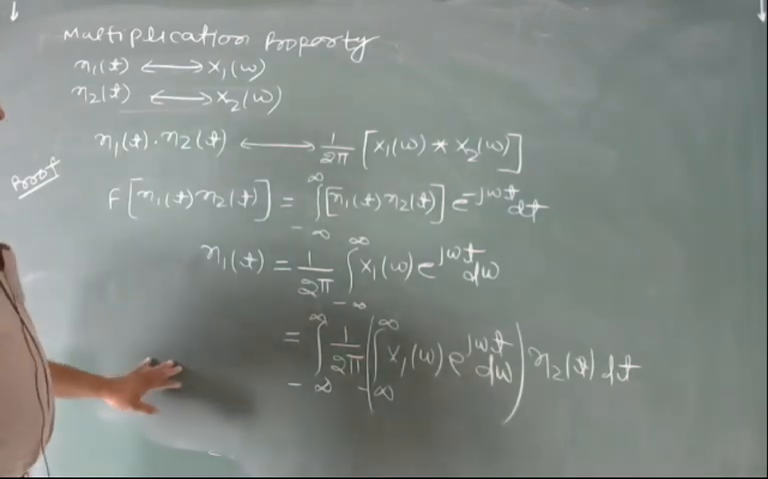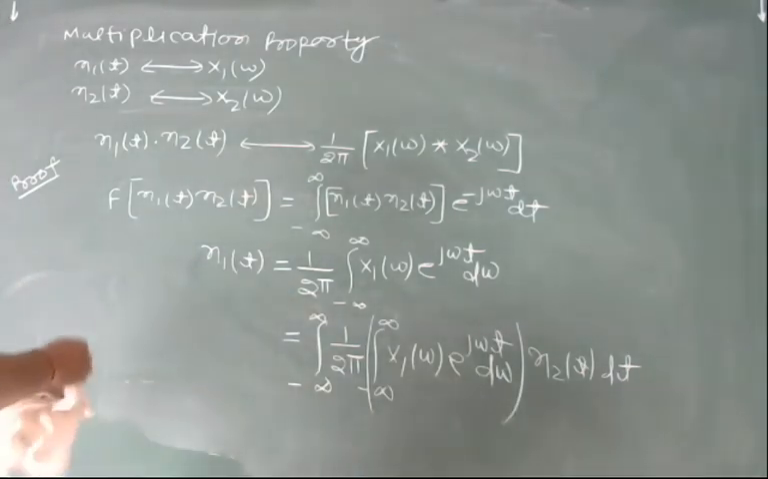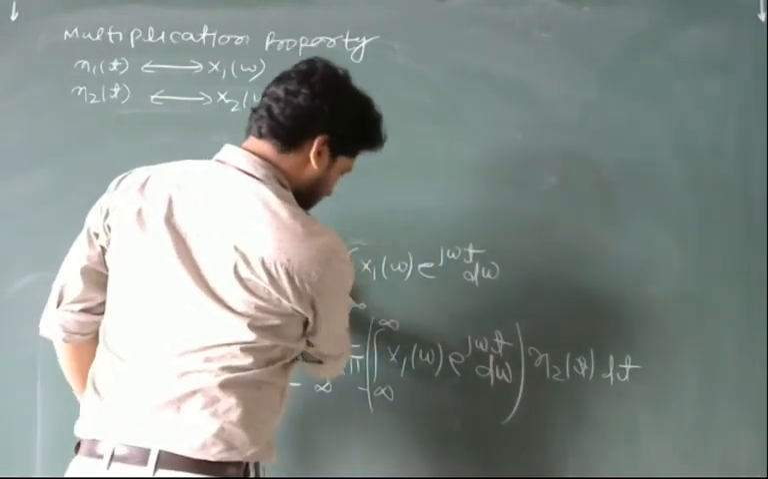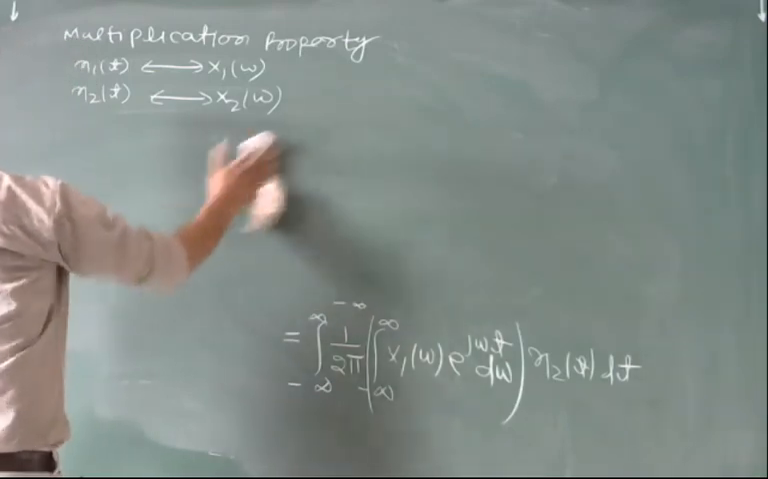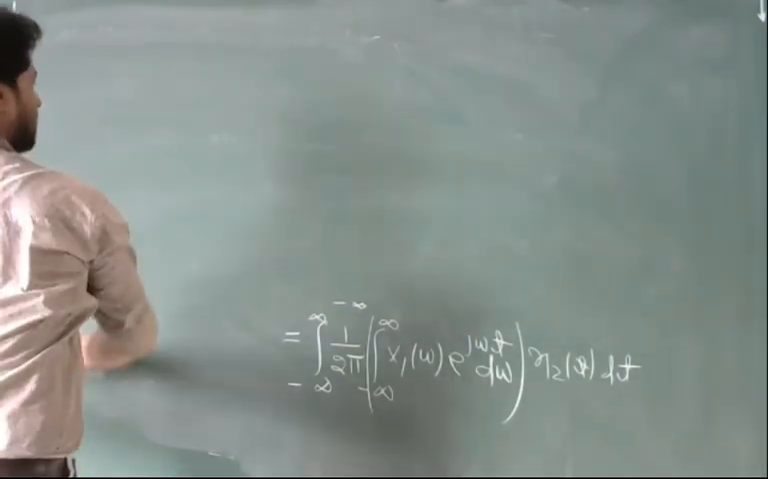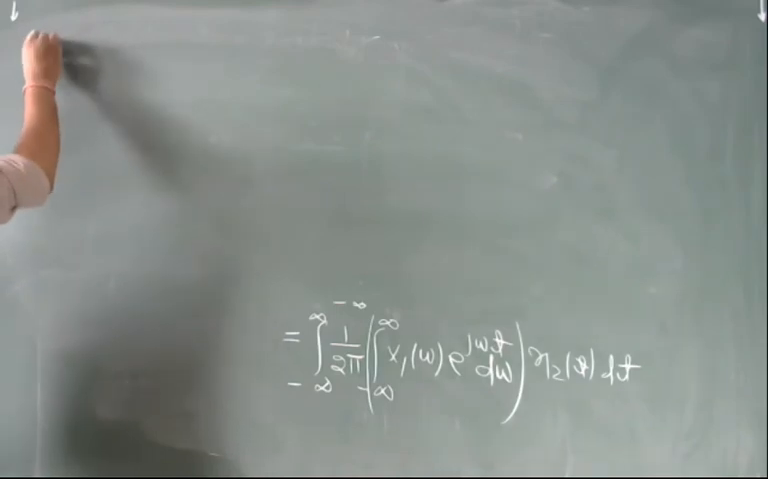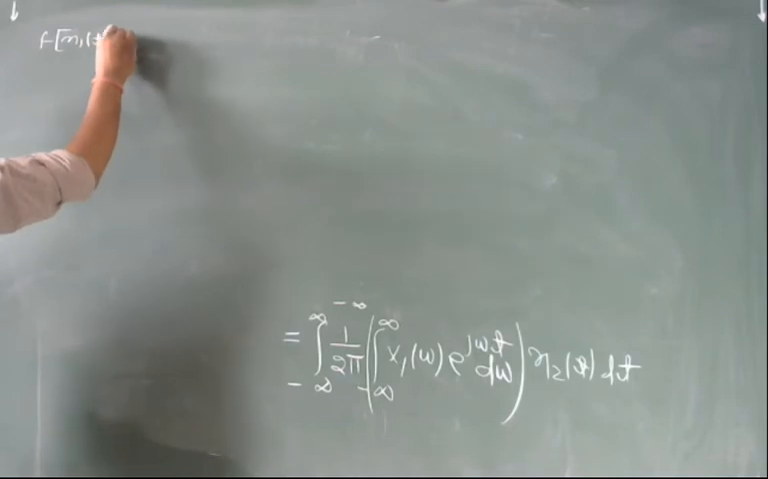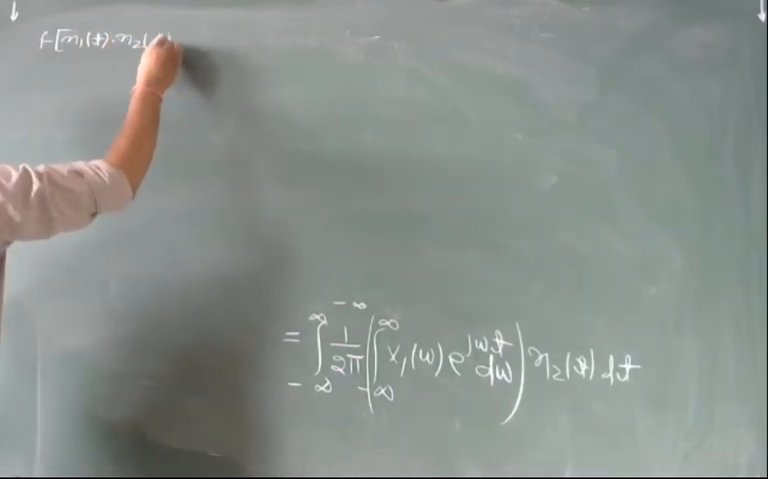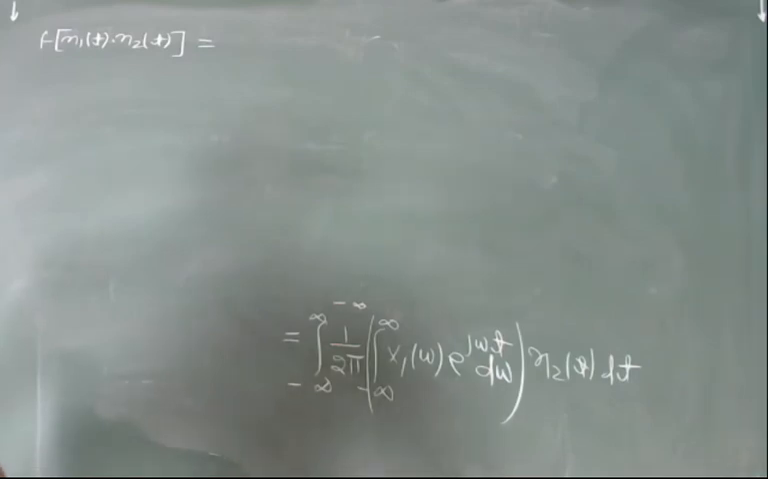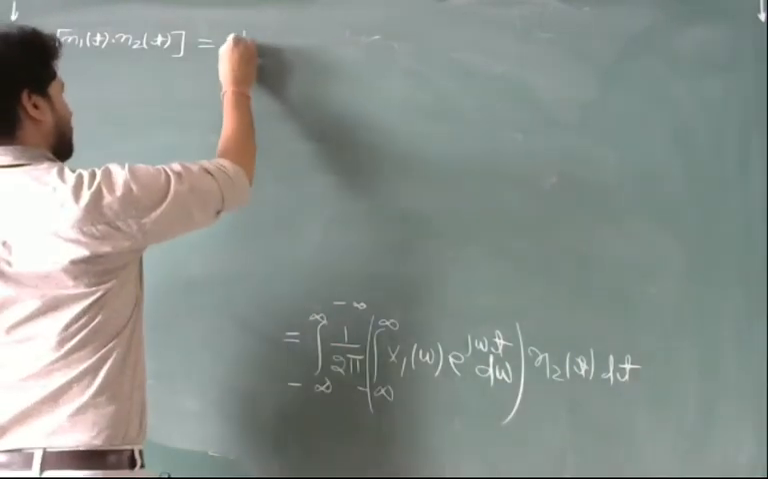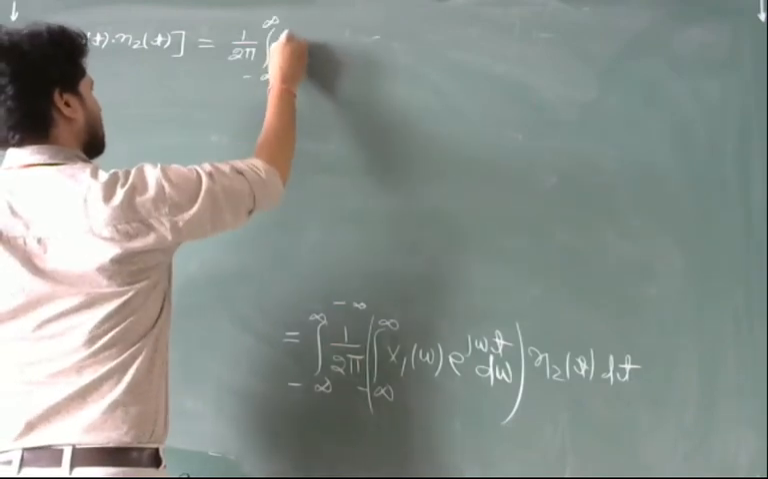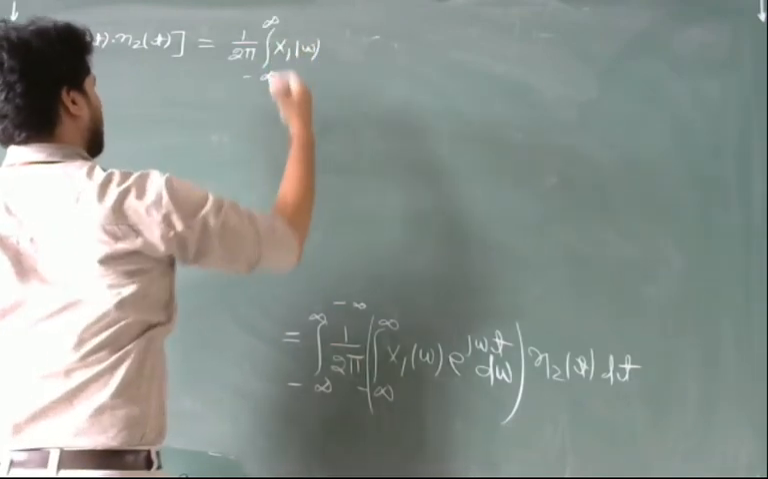Now here again we will change the order of integration, and this will become the Fourier transform of x1(t) into x2(t), which will be equal to 1 upon 2 pi, integration from minus infinity to plus infinity, X1(omega)